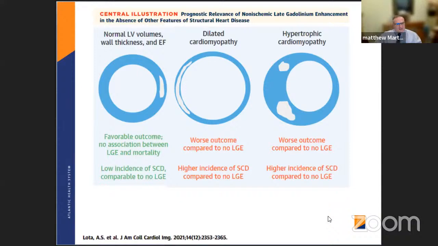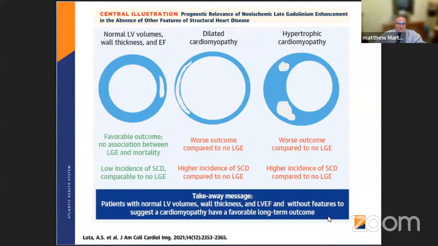And that even if they had some late GAD, there was a low incidence of sudden cardiac death. So if the heart is otherwise normal and you find an incidental finding, the takeaway message they presented was that normal volumes and thickness and ejection fractions without features of a cardiomyopathy have a favorable long-term outcome. So not perfect for athletes, certainly not inclusive of athletes, but reassuring that if you find somebody with an incidental